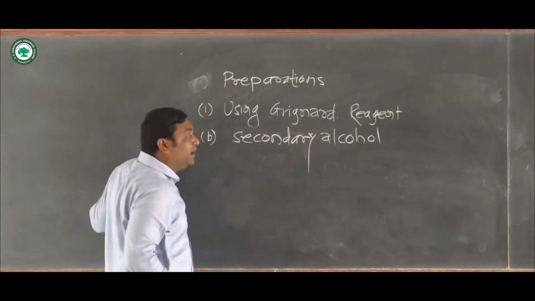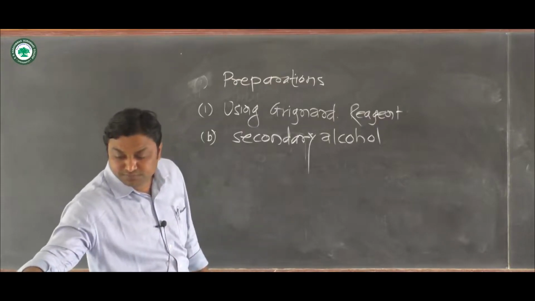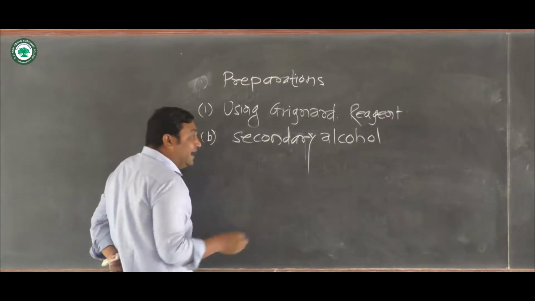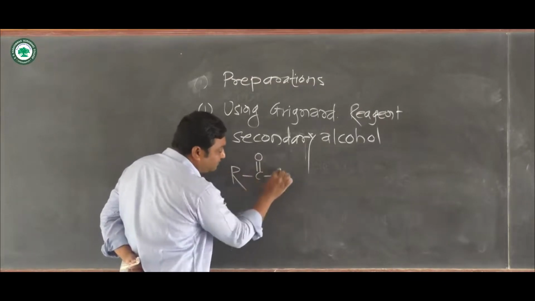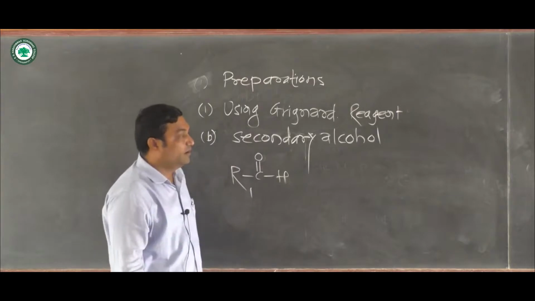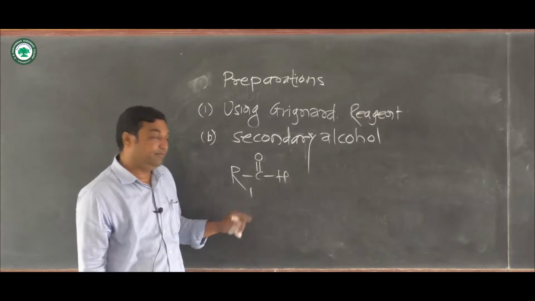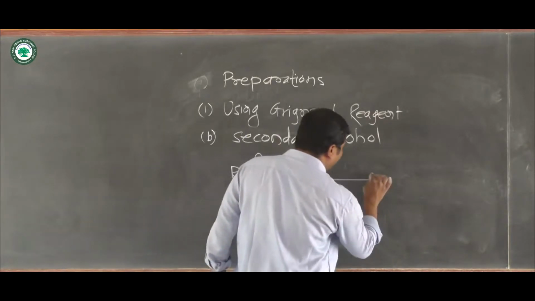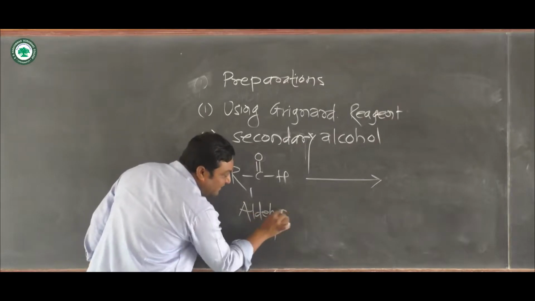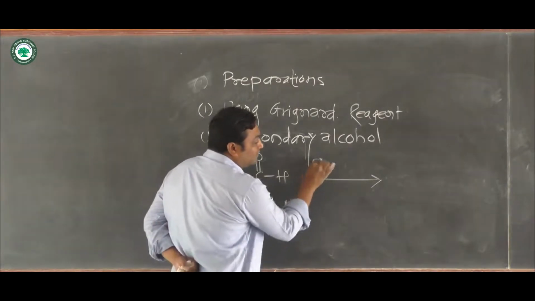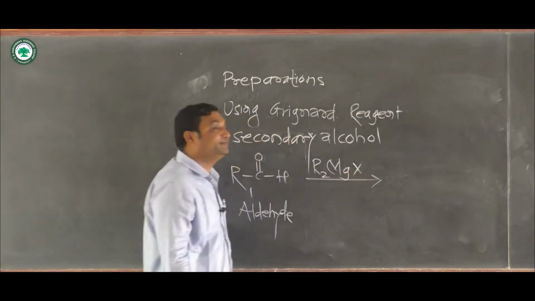To prepare secondary alcohol, we have to use an aldehyde, that is RCHO. I consider this alkyl group as R1. When this aldehyde molecule is treated with Grignard reagent, that is R2MgX,